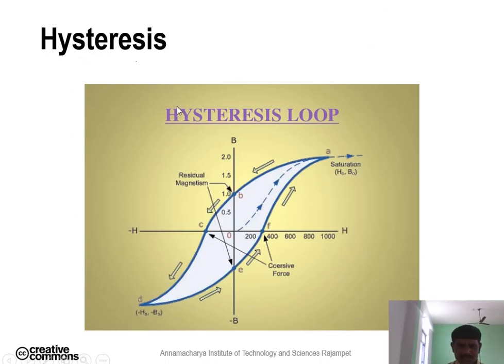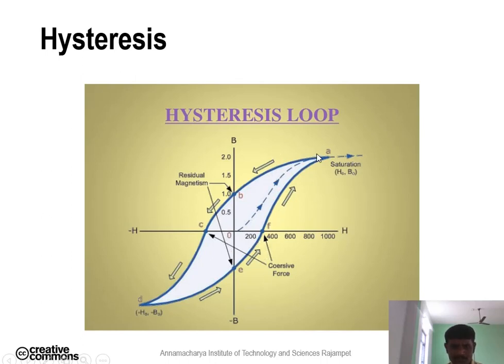This hysteresis can be explained with the help of the BH loop or BH curve. In this loop, H, the magnetic field, is along the x-axis, and B, the magnetization, is along the y-axis. A relation is established between the applied magnetic field H and the magnetization B, which is called the BH loop. The lagging of magnetization B behind the magnetic field is called the BH loop or BH curve.